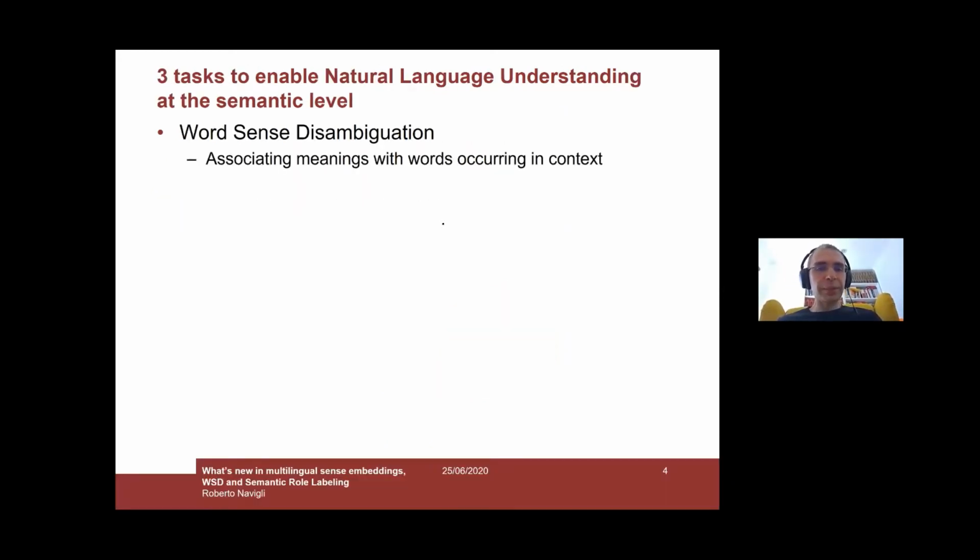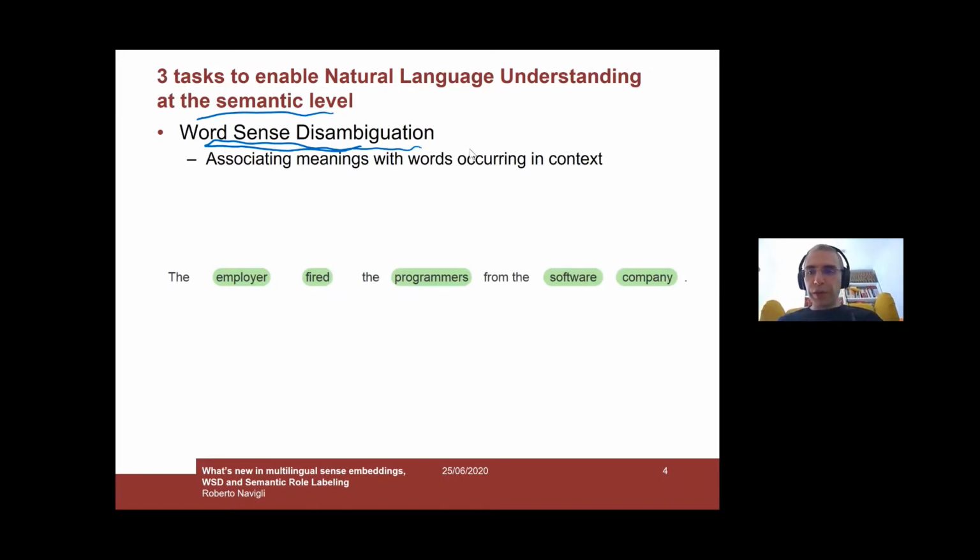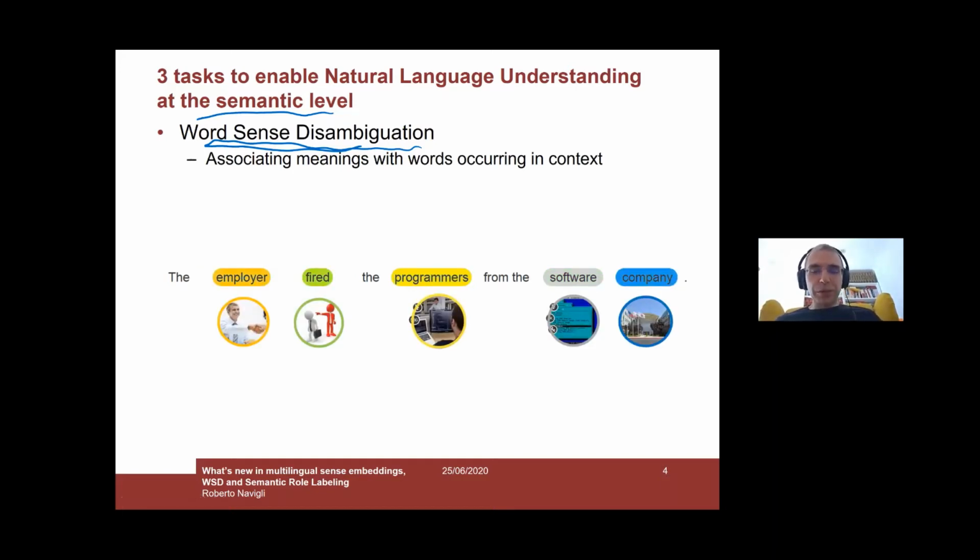So I'll talk about two of the three main tasks in natural language understanding at the semantic level. Word sense disambiguation is the base task, where you have to associate meanings with words which occur in context. So you have a sentence like: the employer fired the programmers from the software company, and you would like the system to associate concepts with words that occur in context. For example, here, fire is ambiguous, and you would like the system to choose the right meaning of